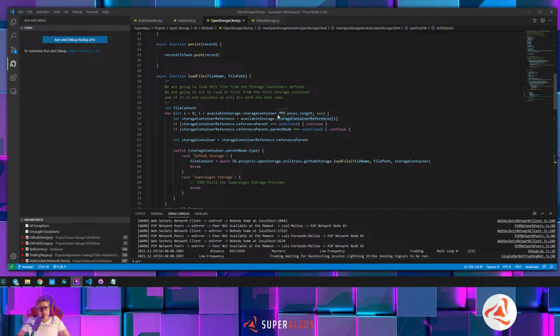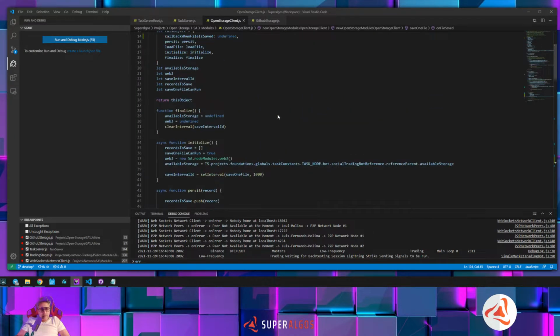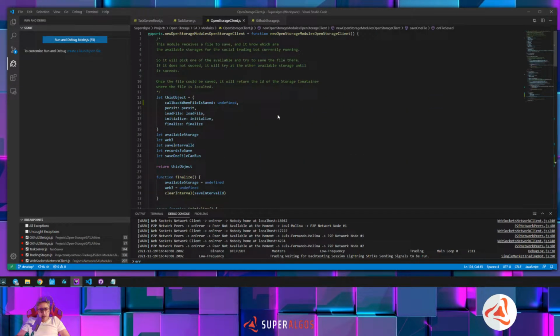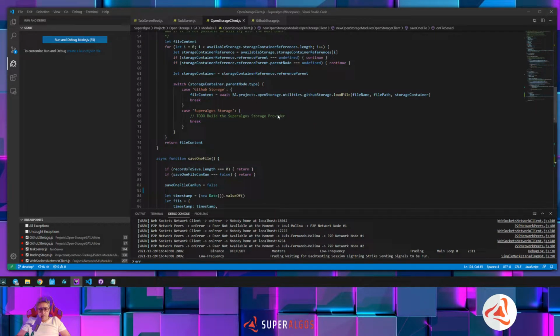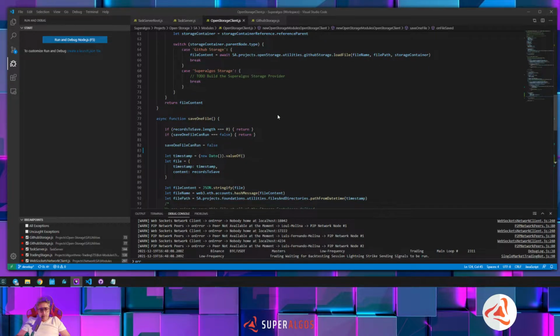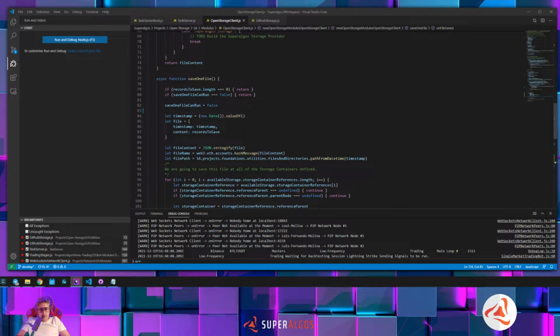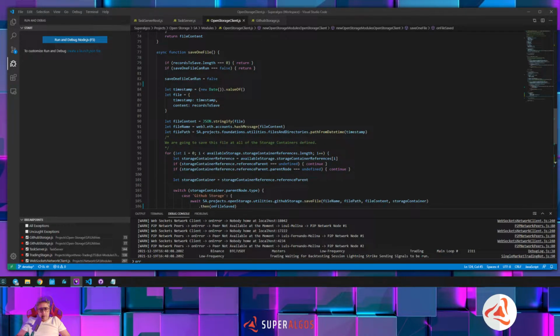And even though I haven't done it before, I don't think it's going to be difficult. So where is it? Here. With the file content,